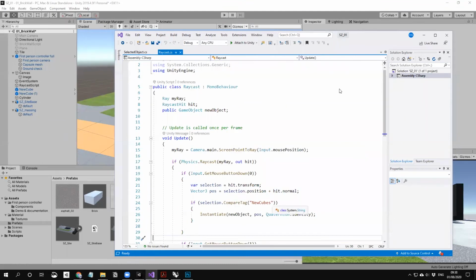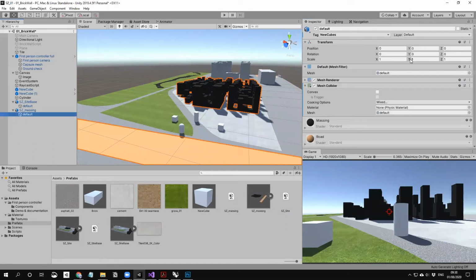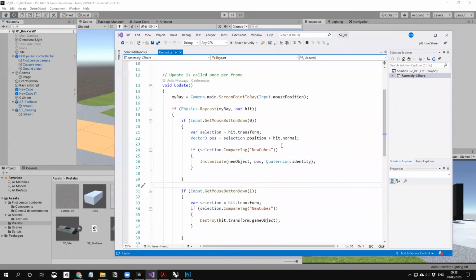So here, let's add new tag, messing. So messing is messing. The script here, this means or. This means or. Right. To do this,